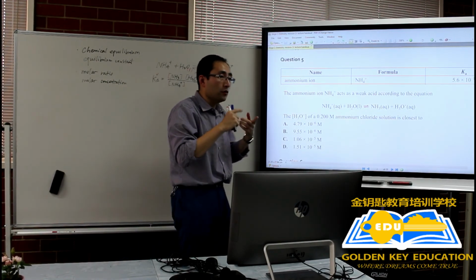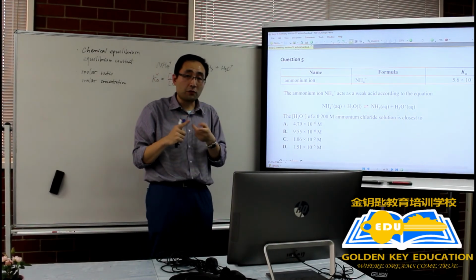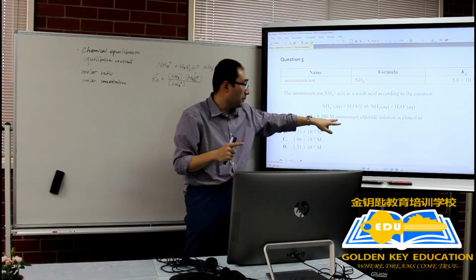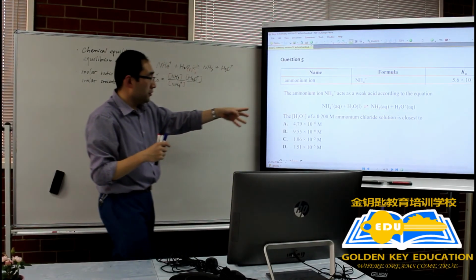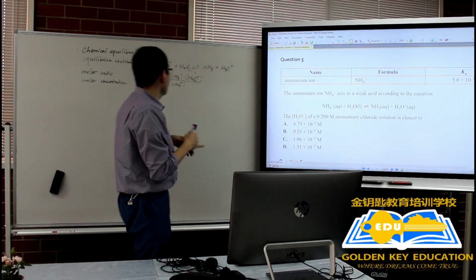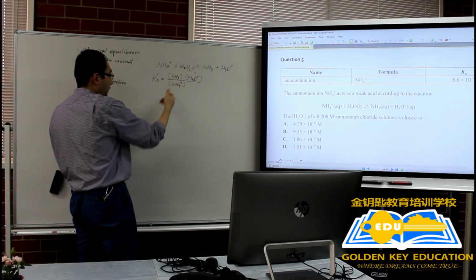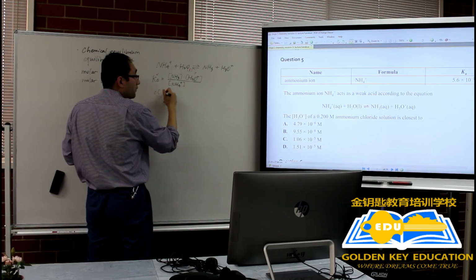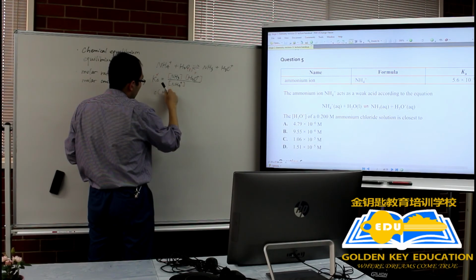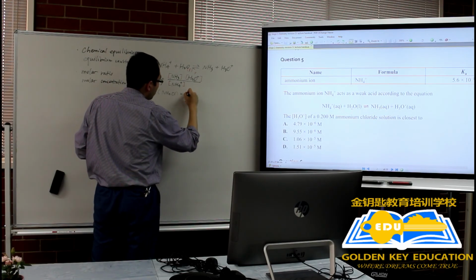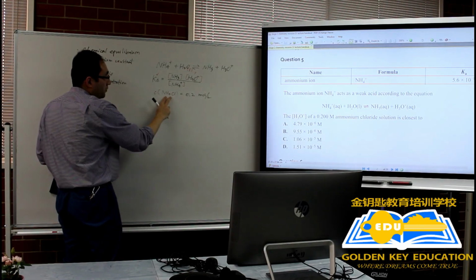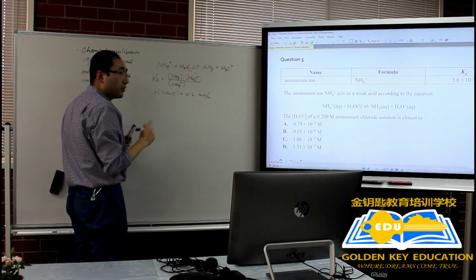So we have to look at the information that we have not referred to yet. The question says 0.2 molar concentration ammonium chloride solution. So now we need to look at how to use this number to help us find these two figures. The concentration of ammonium chloride is 0.2 mole per liter. And considering ammonium chloride is a pretty strong electrolyte,